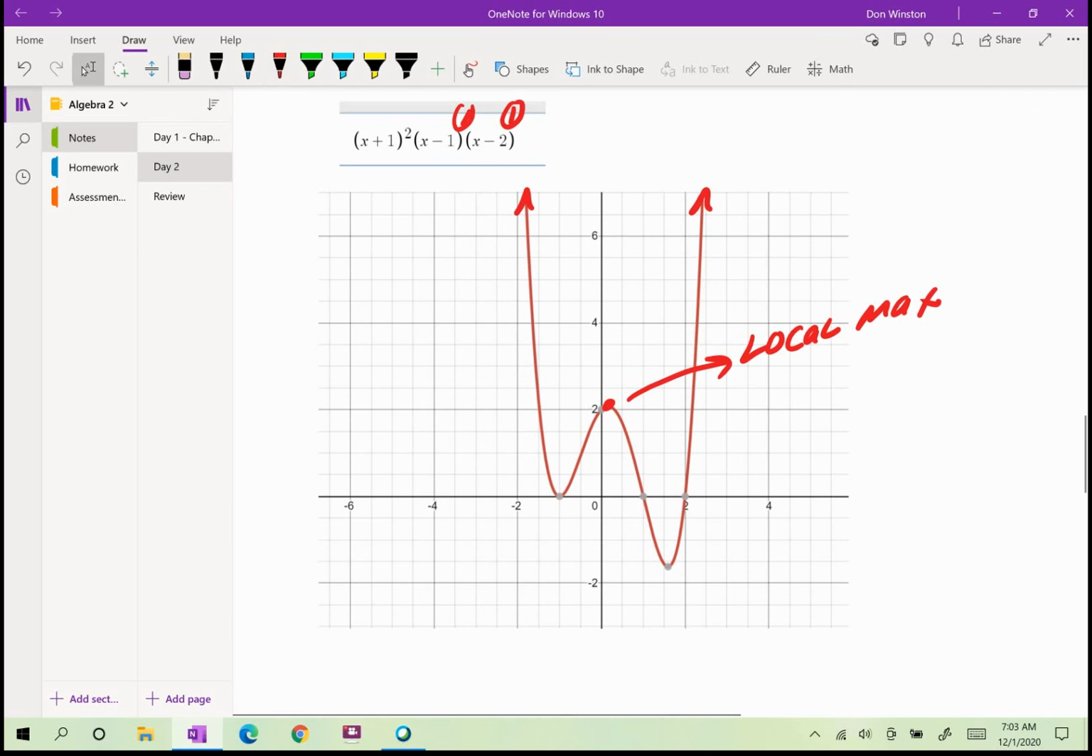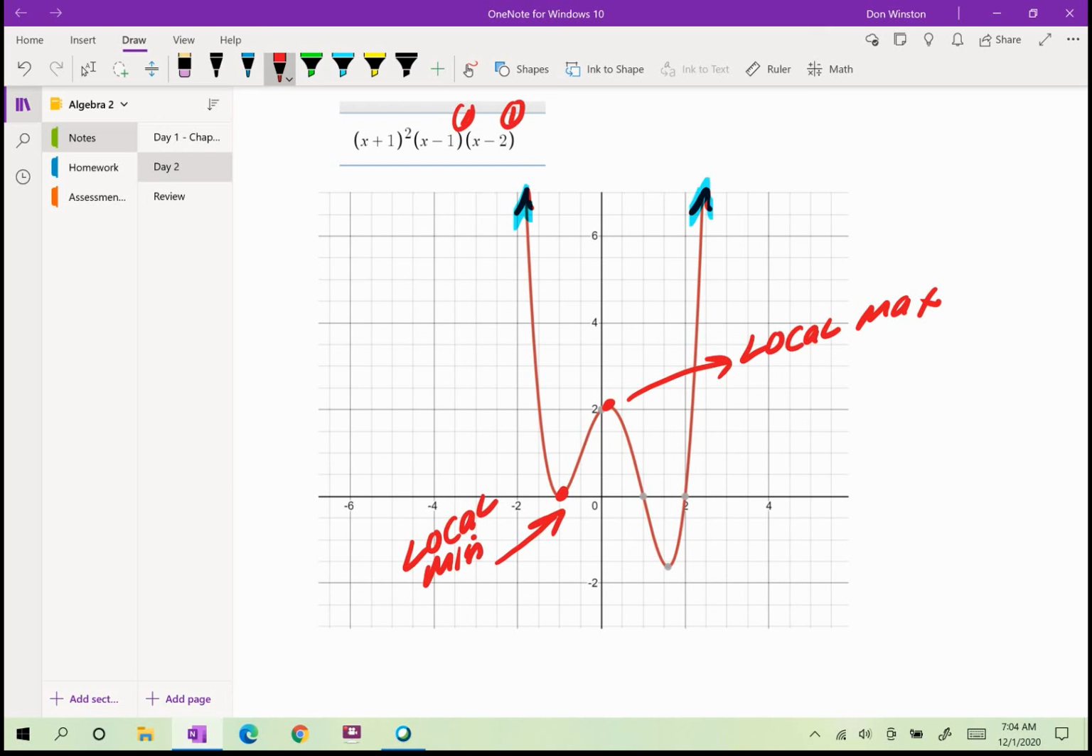Okay, because there's a point on that graph that is higher than that point, because that graph is going up that way forever. This here would be a local minimum. That would be a local minimum,